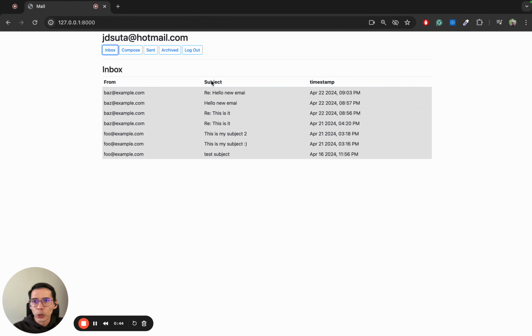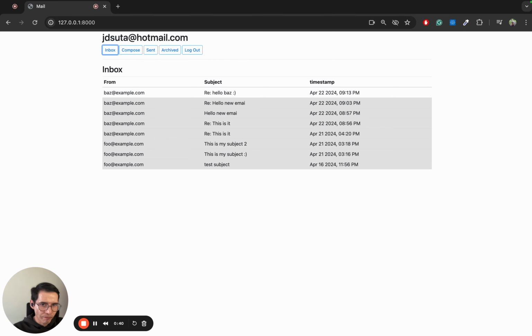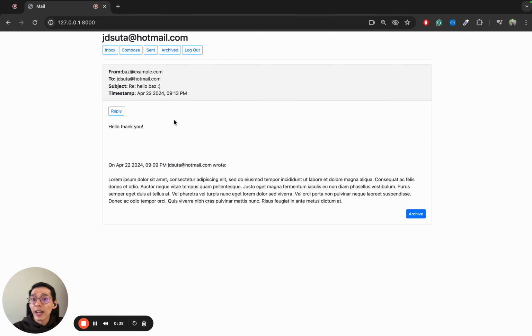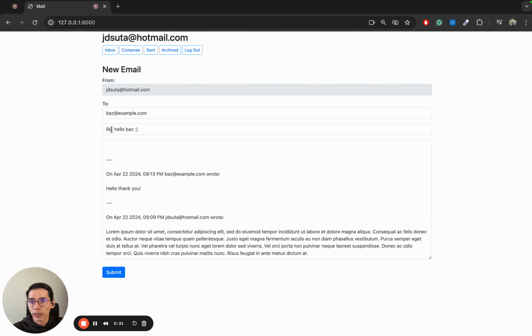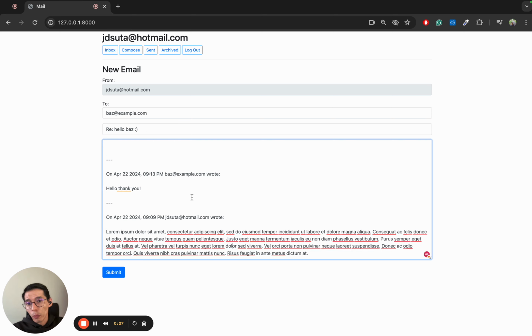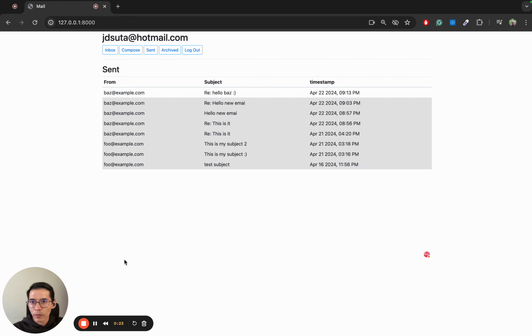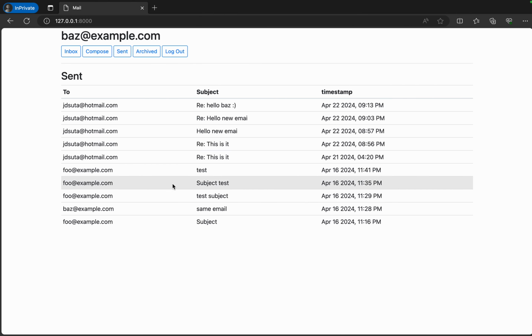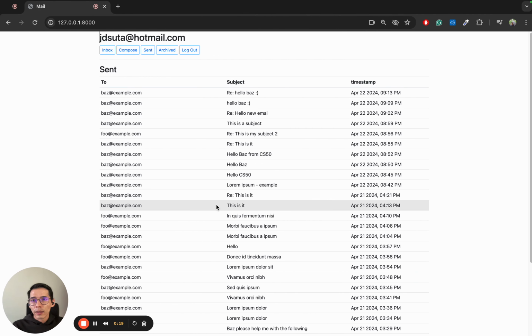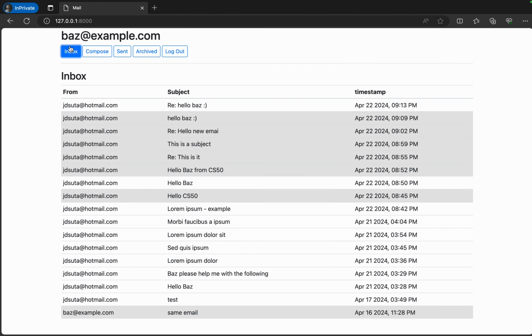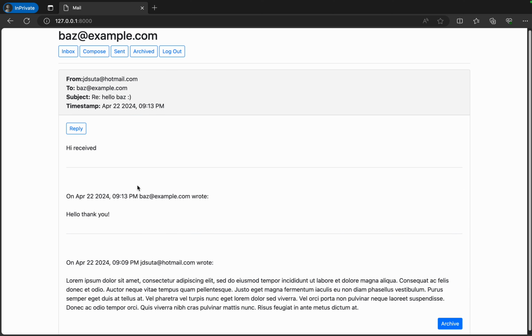and notice that as soon as I go here, if I click on inbox, I receive that email. Additionally, if I reply again, notice it's not going to include another RE in the subject. It's just going to include one. And you can see the thread of the conversation here. Let me refresh the inbox here, I'm sorry. And here is the